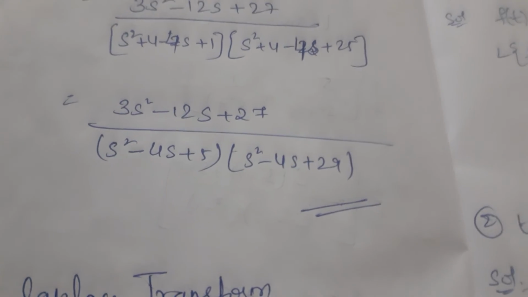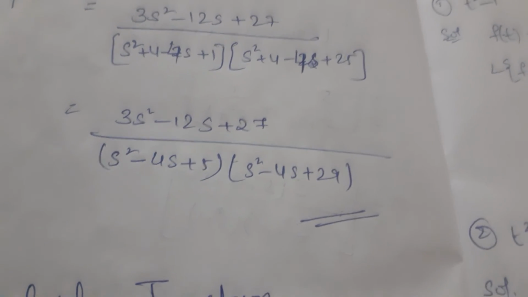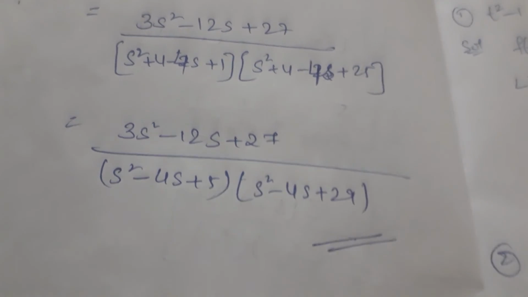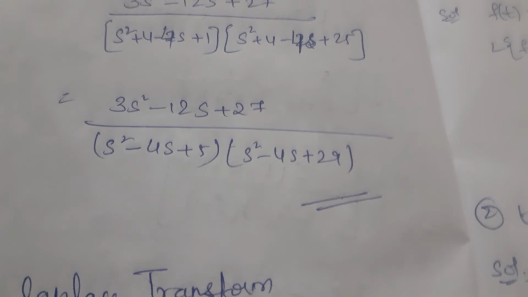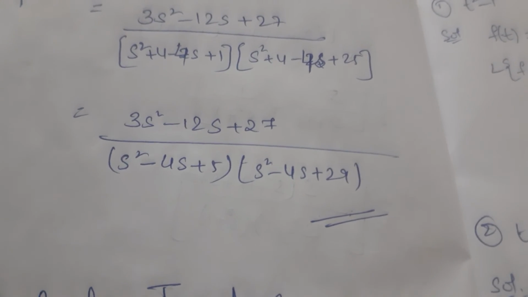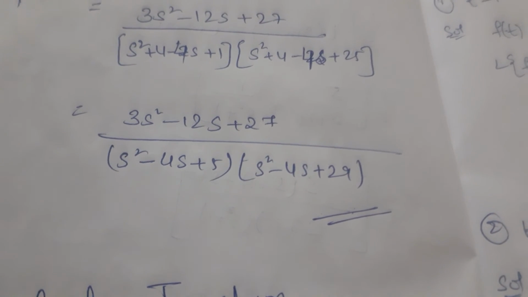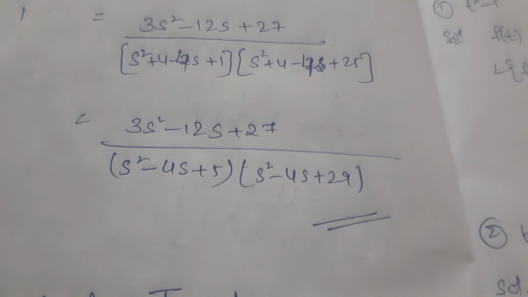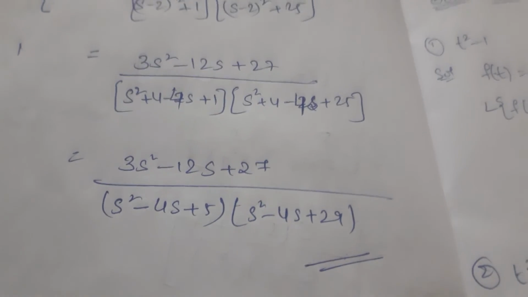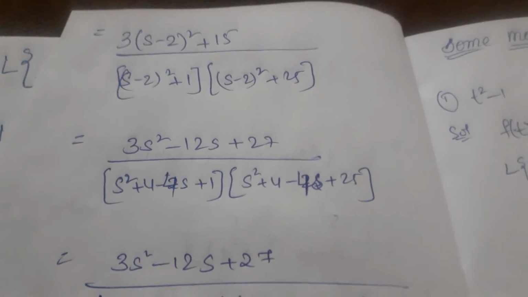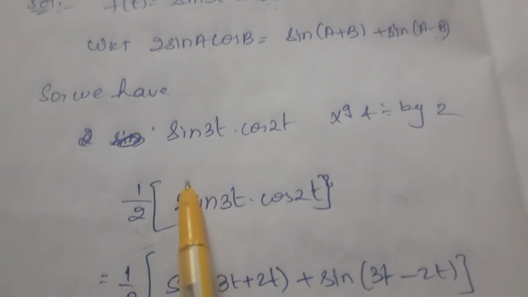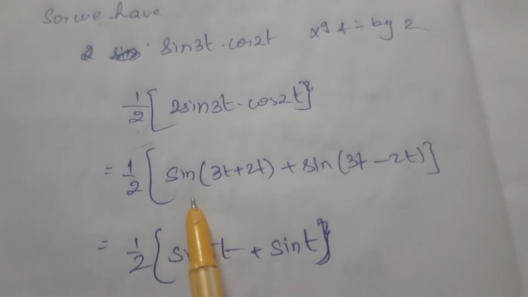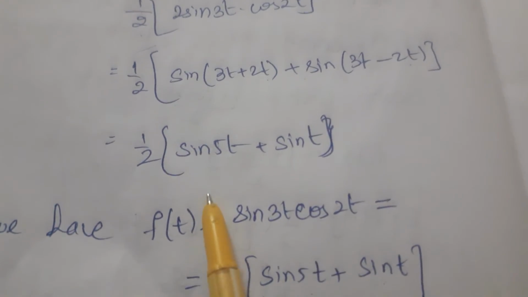Now, these are the two very important questions I have explained to you here. These are very important, expected questions. This type of question is called first shifting property problems. So what you people have to do, just copy all these problems that I have explained to you, and step by step try to understand the problem.